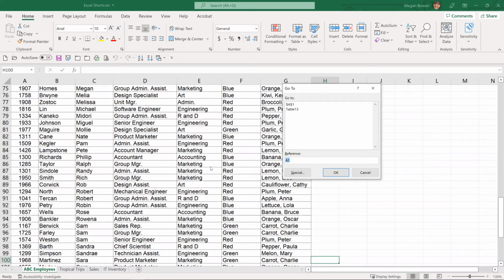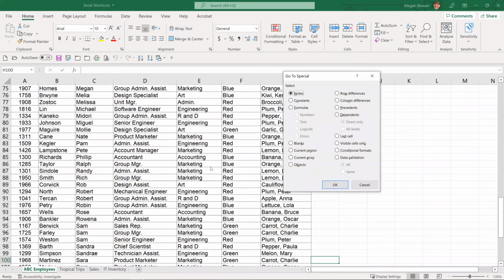But when you're in a dialog box, if you hold Alt and the S key for Special, in this case, whatever is underlined, that's what we're looking for. So Alt and the S. Now I have the Go To Special dialog box. And this is then a way for me to specify what I want to highlight, where I want to go,